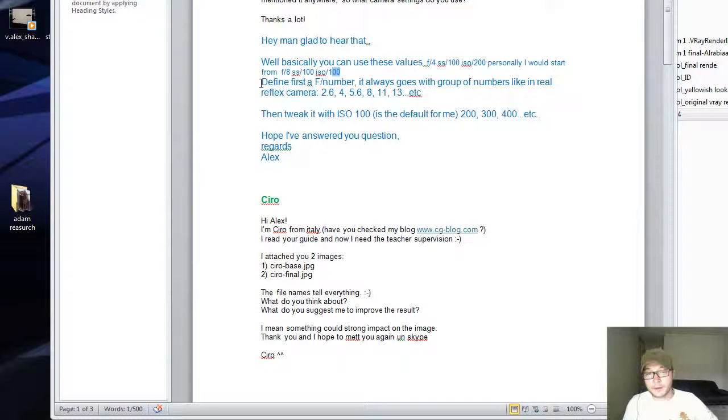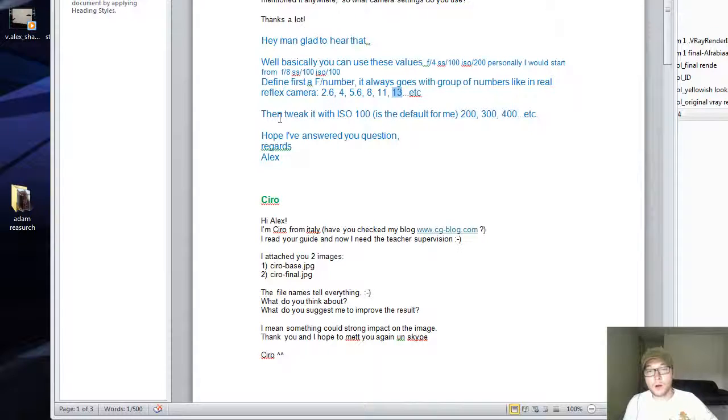And afterwards I'm trying to find the correct illumination. I'm trying to work it with the F number. So the F number goes with the groups, you know, like a real physical camera. So it should be 2.8, 4, 5.6, 8, 11, 13. These are the basic groups that a physical camera works with. So if you find one of these numbers that fits your illumination, that fits your exposure,